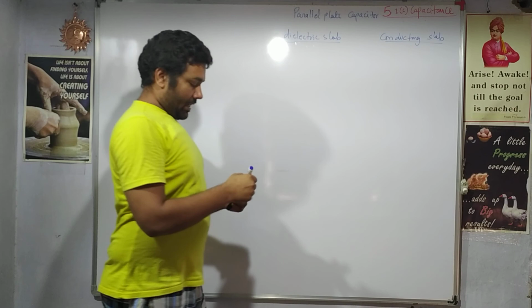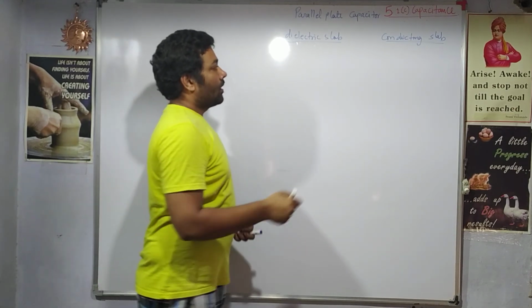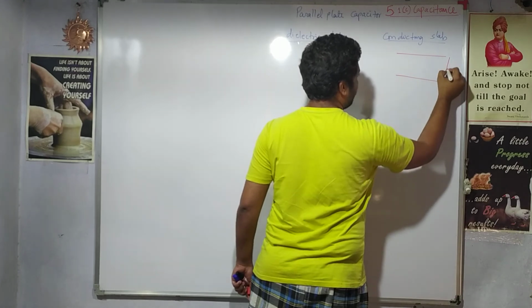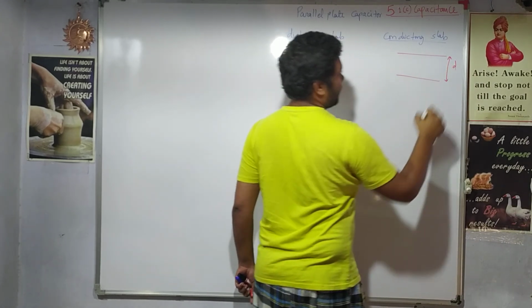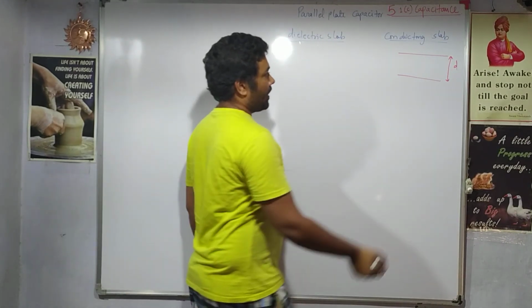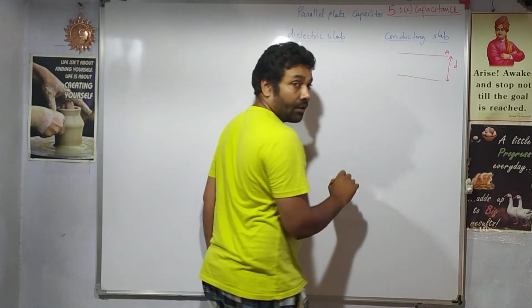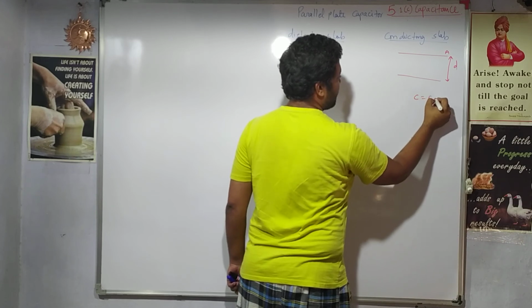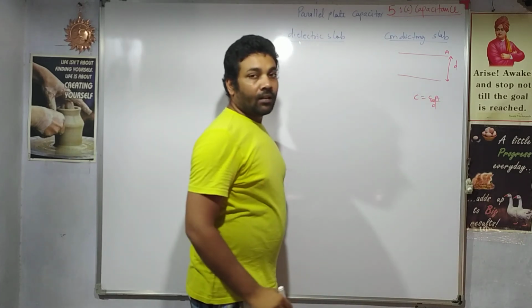So it is just like, let's say we have been given a parallel plate capacitor. This is a parallel plate capacitor, right? Let there be a distance d between them, right? Two plates be separated by the distance d having the area A. For this we know that the capacitance C is given by epsilon naught A by D, correct?